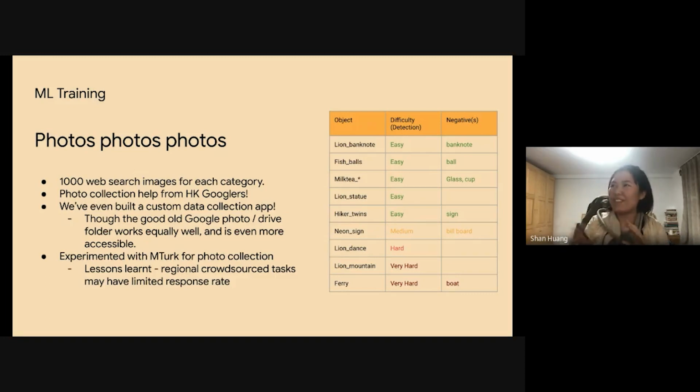We just want data, so whatever is the most accessible way, we ended up going with it as well. And we even experimented with using Mechanical Turk for collecting photos. For those of you who are not familiar with Mechanical Turk, it's basically a crowdsourced task platform, part of Amazon these days. You can say, hey, I'm going to offer this amount of money if you can help me collect, say, 100 photos of fairy. So it's kind of like a freelance, crowdsourced